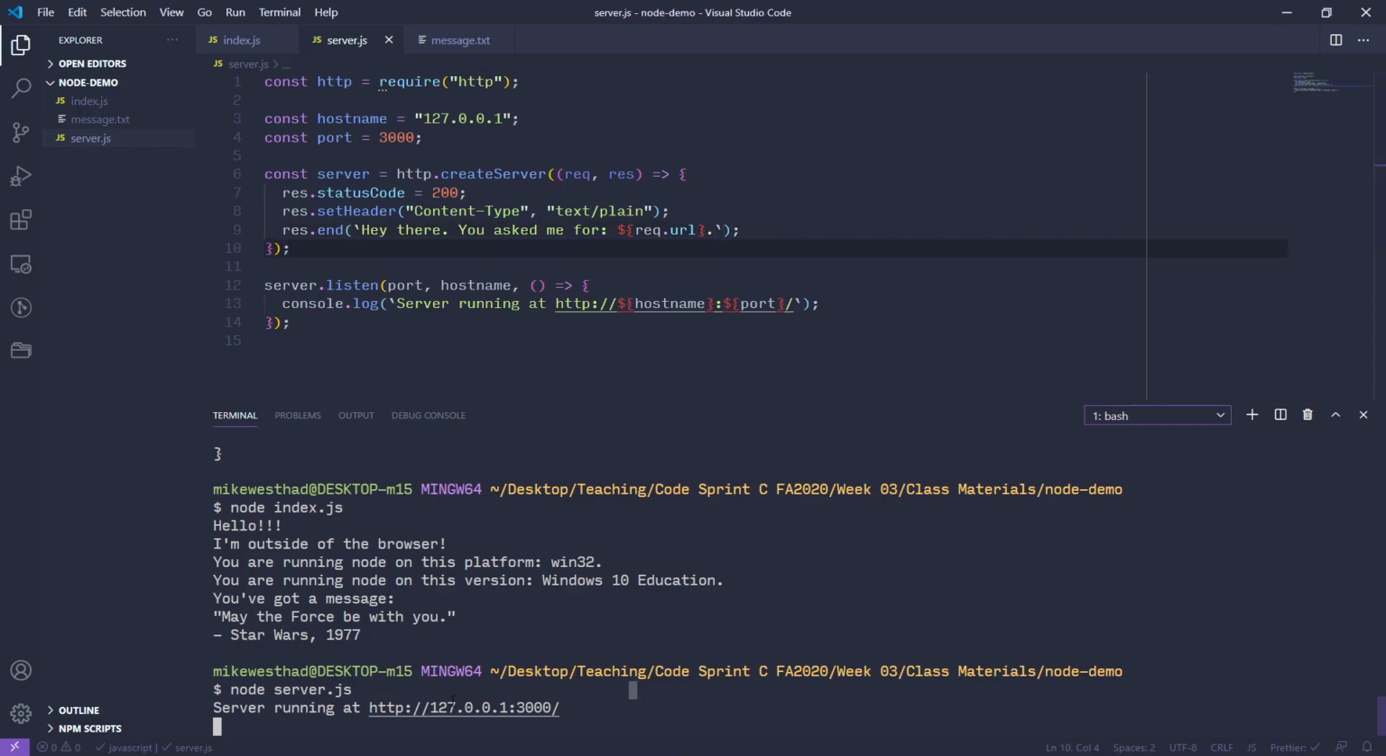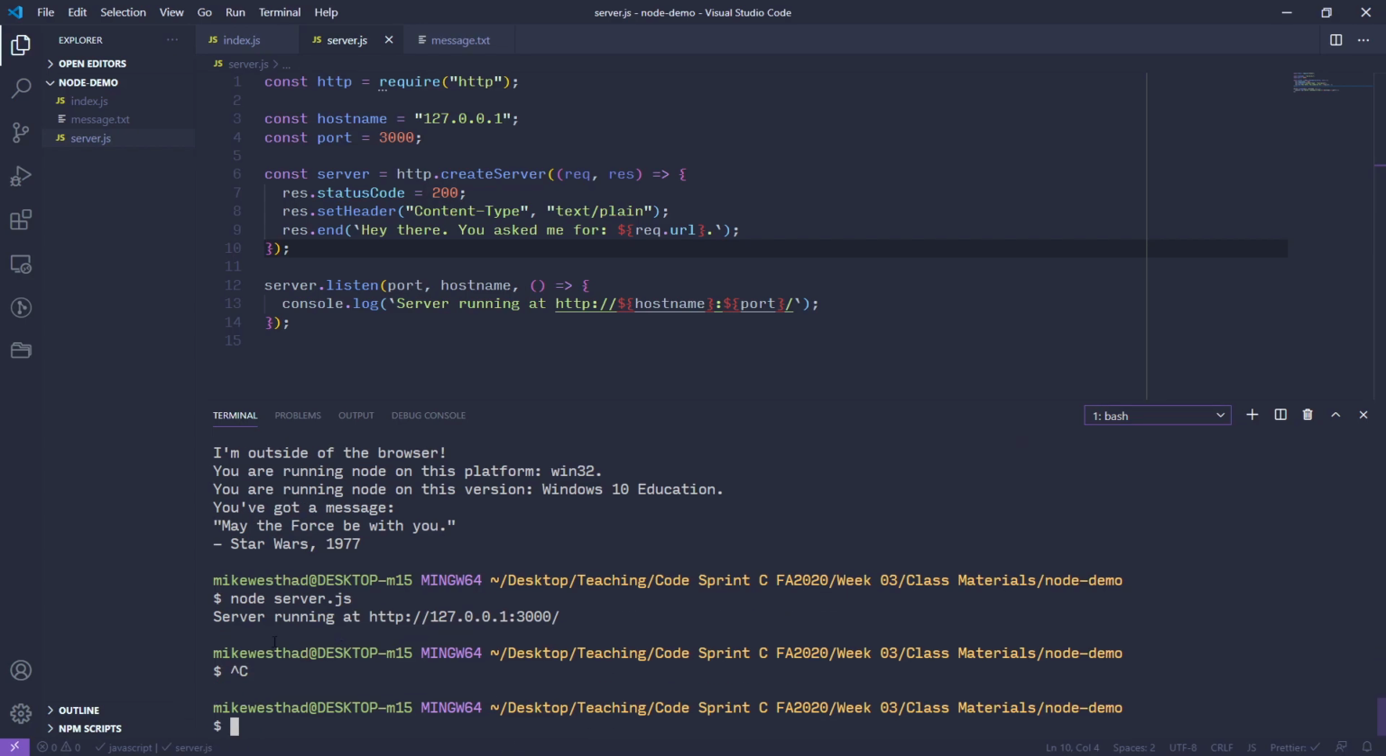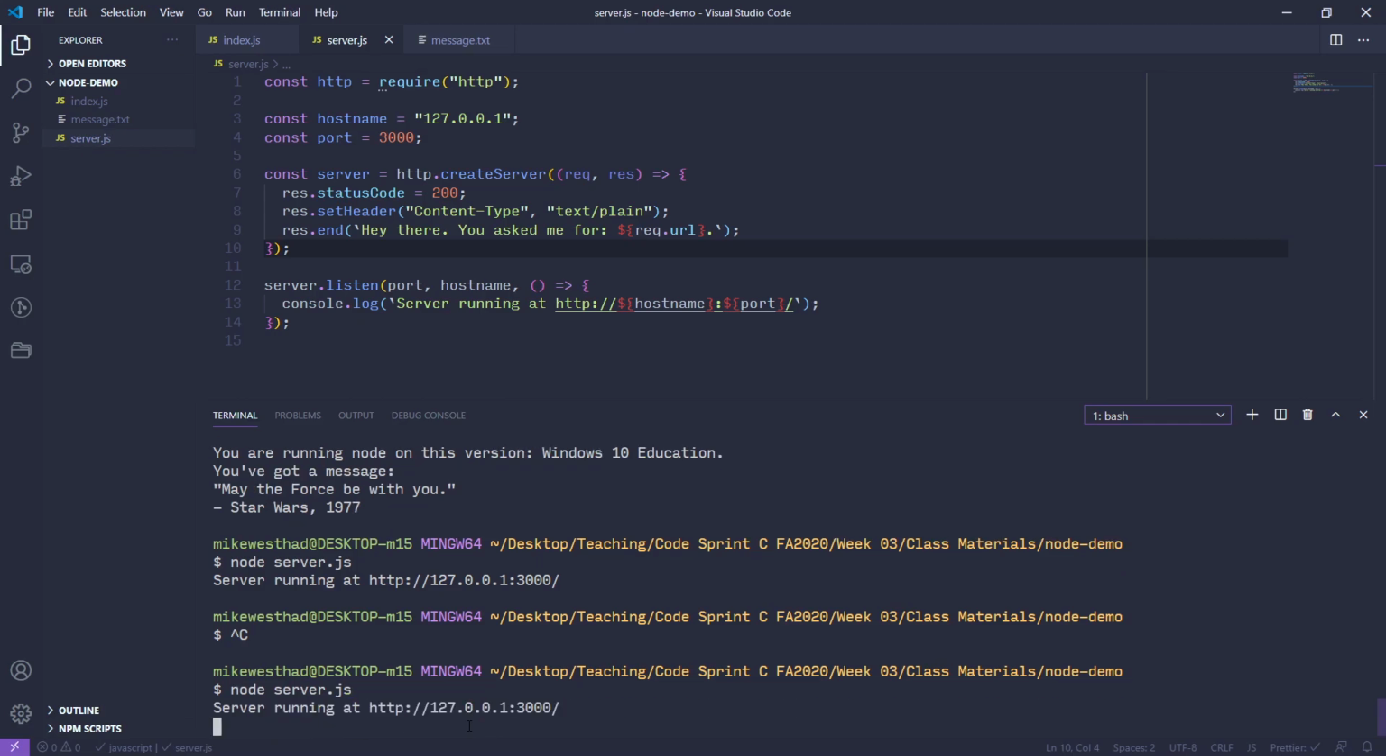Then I'm going to go ahead and kill this by hitting Control-C to stop that server from running. So this node script was running that whole time because we had this server set up to just constantly be listening for requests. So Control-C is killing it, and then I can hit up to bring my last command back, which was the node server command here. Hit enter to start it running,